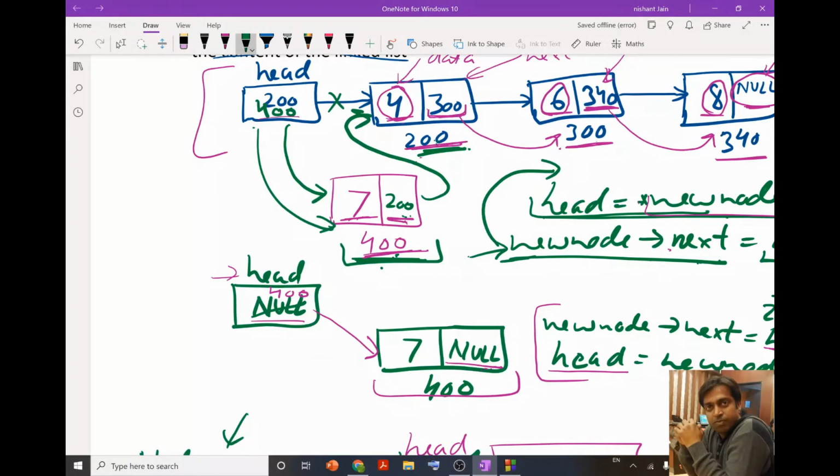One is the data, and the other is the information of the next pointer, the next structure variable. So next node. This is going to be our pointer that is pointing to the next node, and this is going to be our integer type.